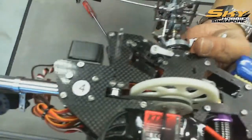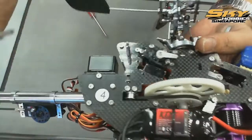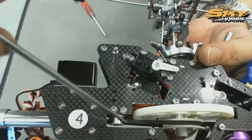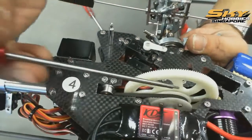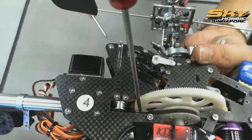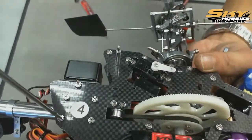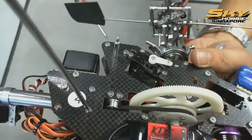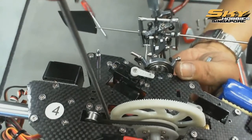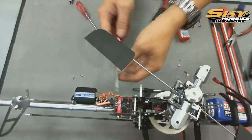Now we're going to share with you how to determine the tension and tightness of the belt. You need to have a screw tip or a hexagon tip. Just press the belt along here, between the rollers here and the pulley, right at the middle. Just give it a little tap and make sure it doesn't touch the other side. It has a slight tension, it's okay, but it should never touch the other side. If you touch the other side, it is too loose. So just give a little tap, make sure it is a little bit loose but not touching the other side. Once after that, tighten both sides of the boom,